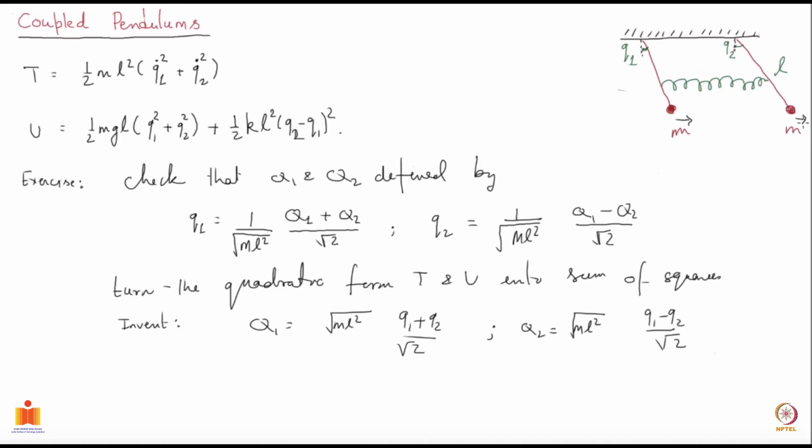and clearly it looks like that will be a mode, right? Because this entire setup will be oscillating with one frequency, because this spring will not get stretched or compressed at all. These two guys will move as if there were no connection between them, and they will be moving at the same frequency. So you'll have a normal mode. That is how you can guess this part. And clearly, if you have guessed this, you can also think that maybe I should put Q1 plus Q2, and you will realize that indeed that is important if you wish not to disturb the T.